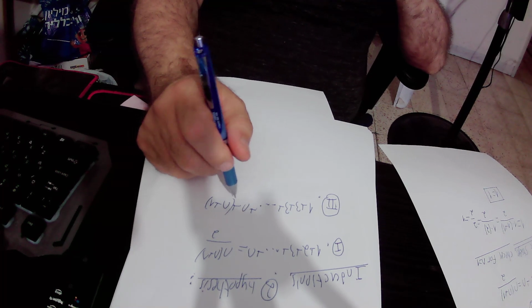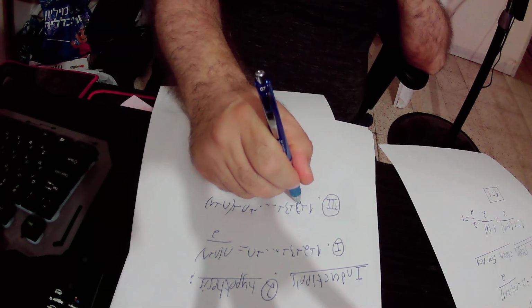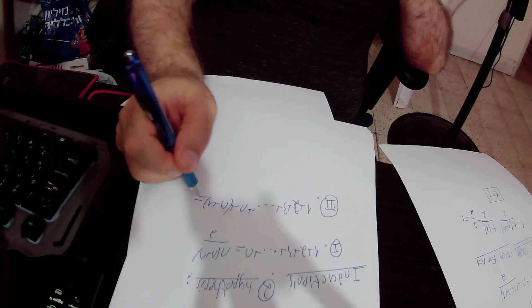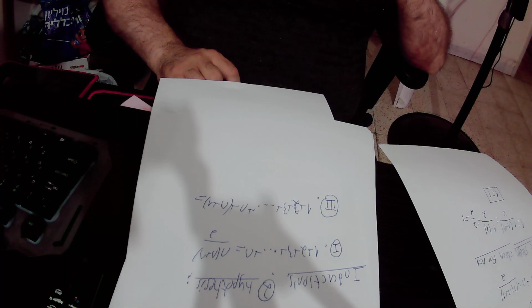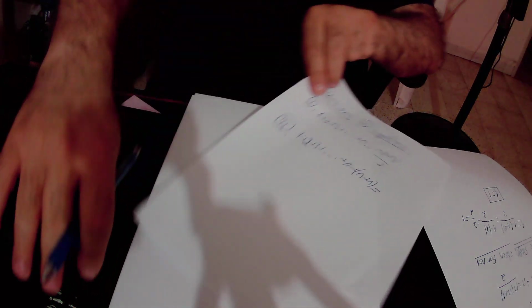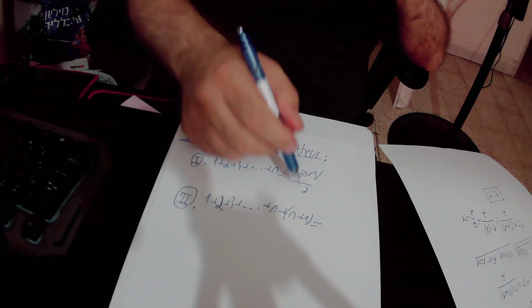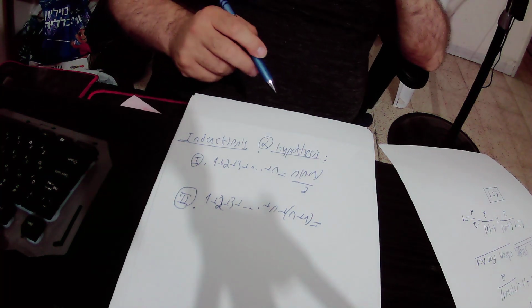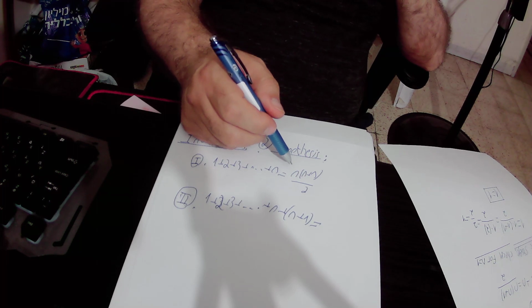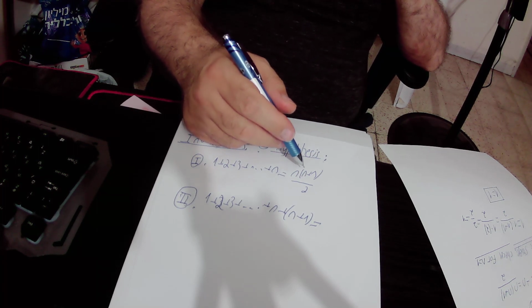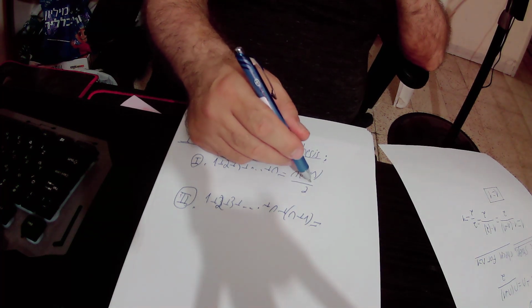Okay, so it will be 1 plus 2 plus 3 plus ... plus n plus 1 equals to... In the original expression for n, we have on the other side of the equation n times n plus 1 divided by 2,